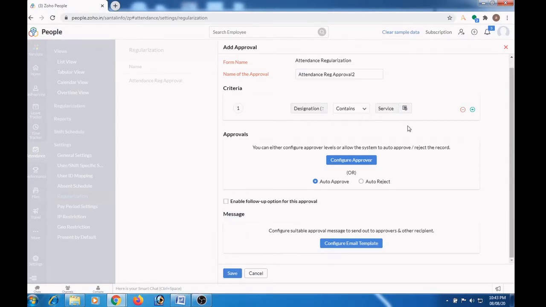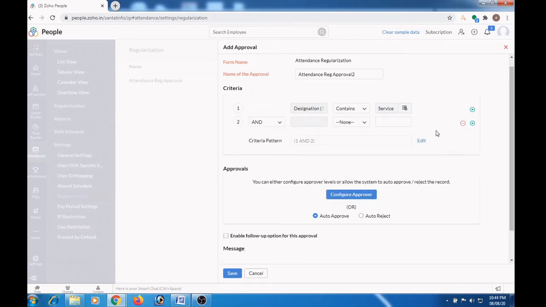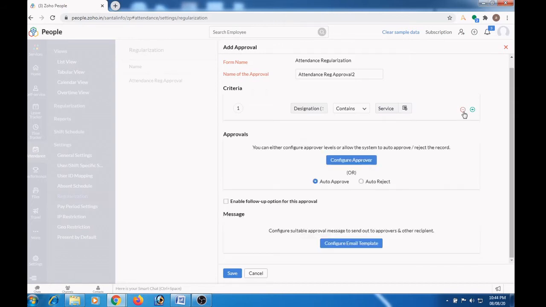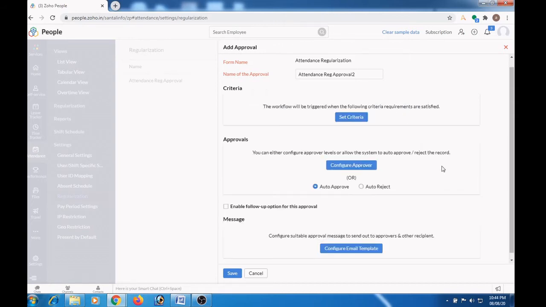We can add any number of criteria by using the plus button here. Suppose if you don't want to define any criteria, you can remove the criteria here.